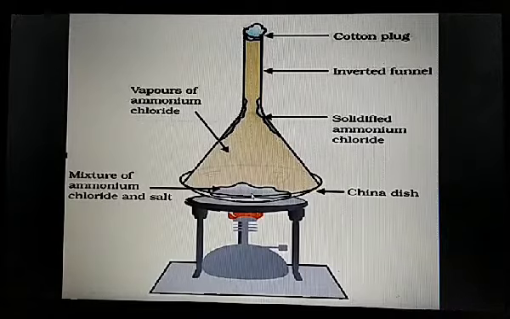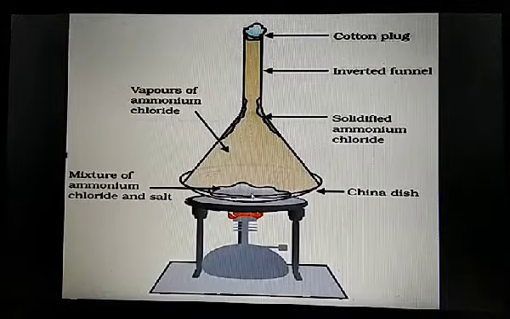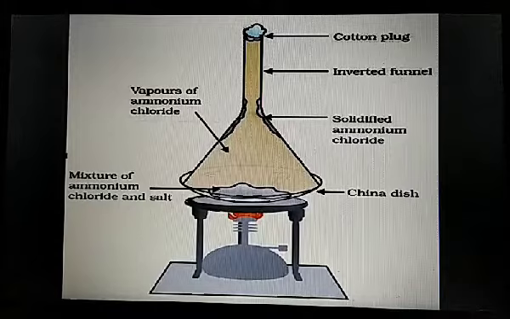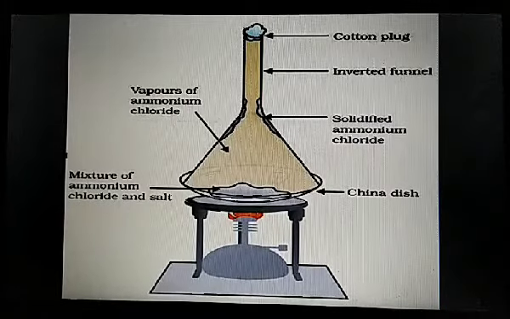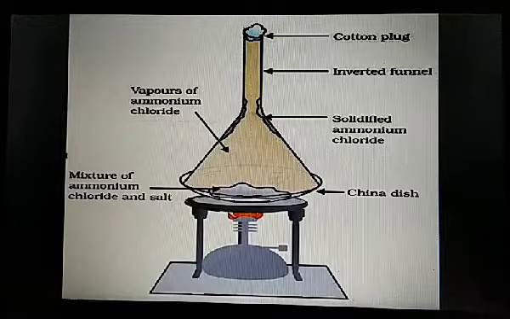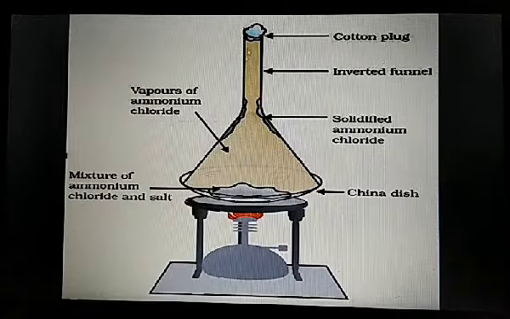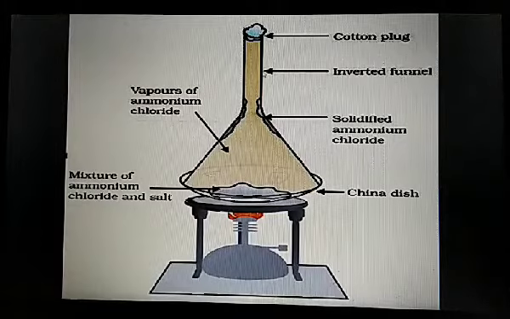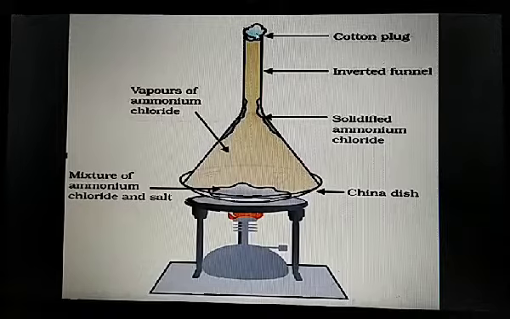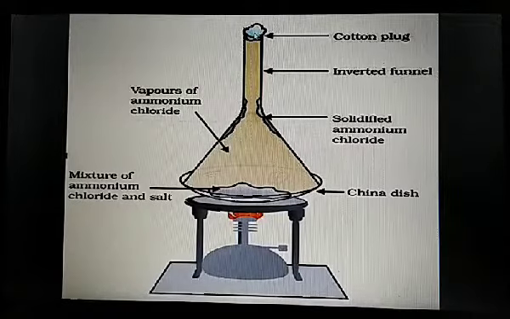Sodium chloride is a substance which doesn't get converted into vapors on heating. It is not a substance which shows sublimation. So we'll take this mixture in this china dish and put an inverted glass funnel over it, and remember that this should be plugged with some cotton